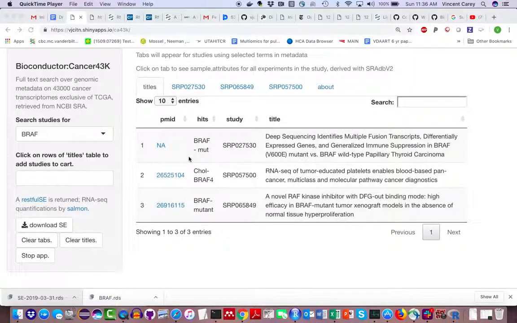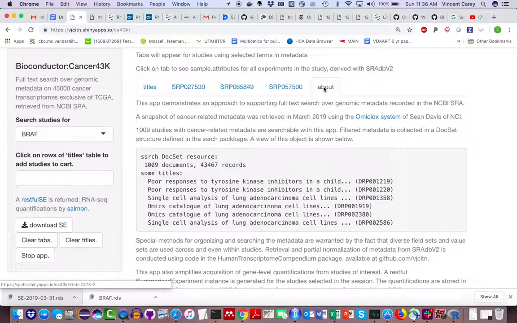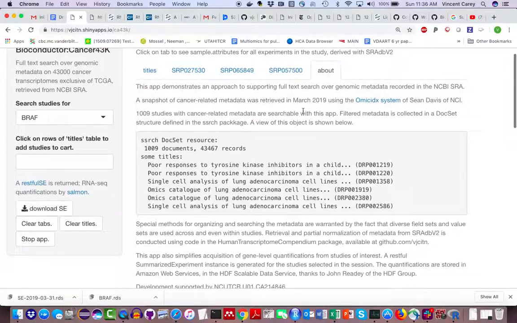This is a quick overview of the ca43k app at shinyapps.io. This is a Bioconductor-based application that helps us search through 43,000 RNA-seq studies related to cancer. It has an About tab here, which tells us some of the details of the underlying techniques for constructing this